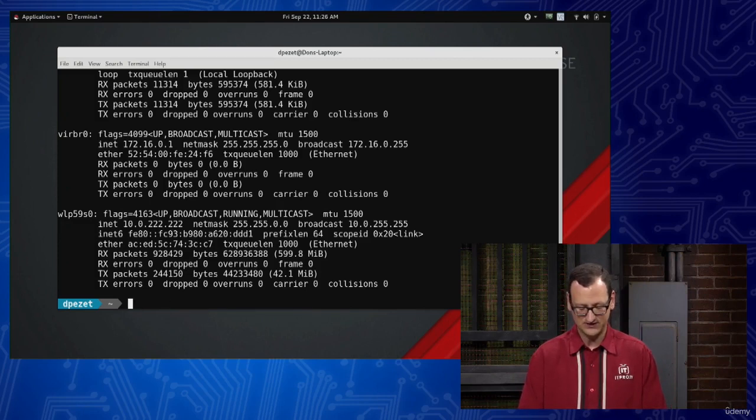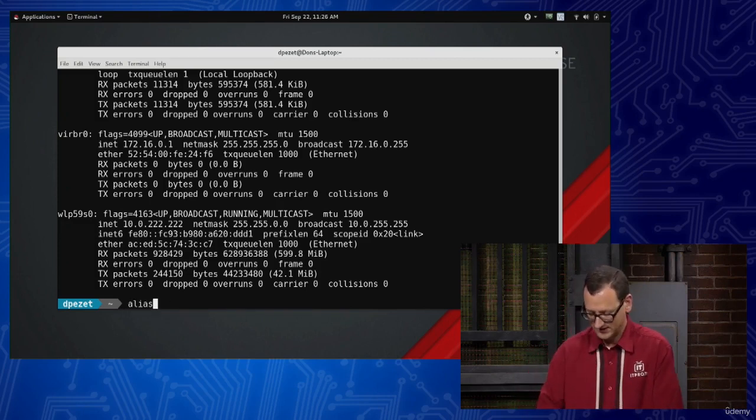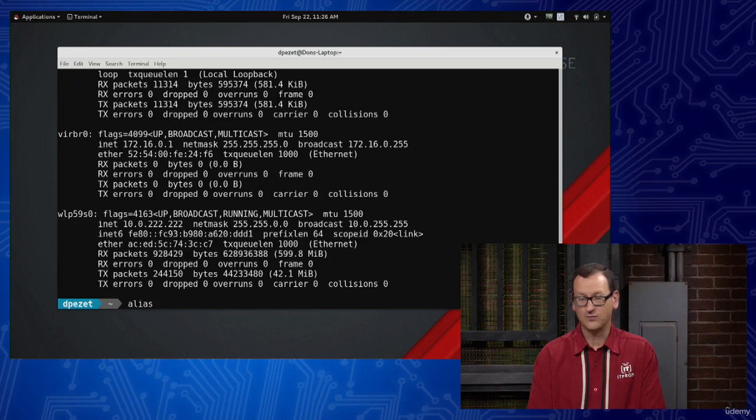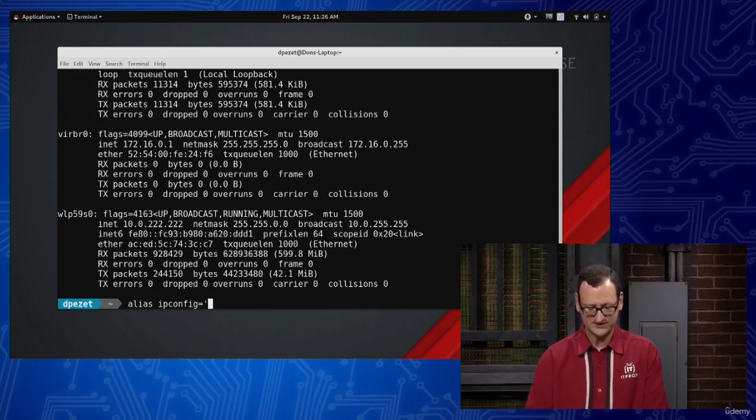And it's pretty handy. What you do is you just type alias and then the command that you want to overwrite. So for example, I might want to overwrite ipconfig, right? That's the command that I keep running, and I want it to run as ifconfig. And so then you can say equals and a single tick for a quote mark and whatever command you want it to actually run. So I want it to run ifconfig instead, right? So now when I screw up and type the wrong thing,